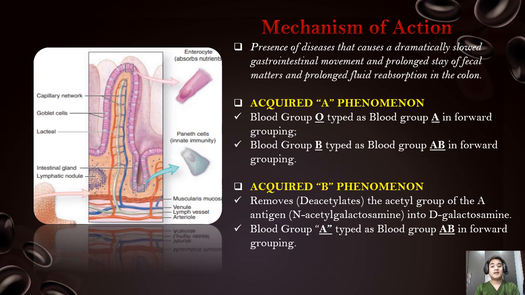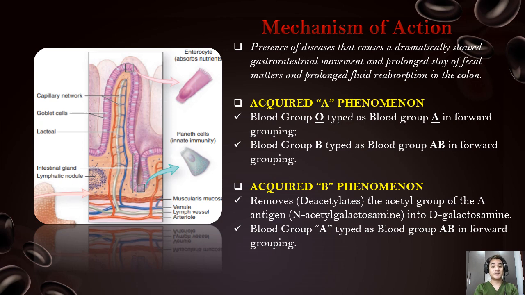And since there is a dramatically slowed gastrointestinal movement and a prolonged stay of these fecal matters, there goes your accidental absorption of your bacterial polysaccharides that will now eventually pass on to your blood system and causes desensitization or modification of your immunodominant sugars on red cells, which actually involves another complex cascade of cellular recognitions and etc. But cutting it short, class, the bacterial material absorbed actually